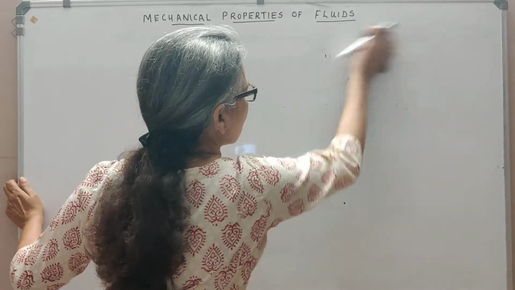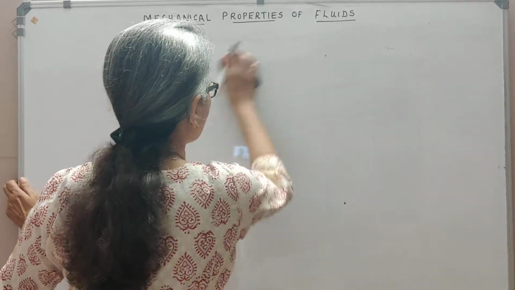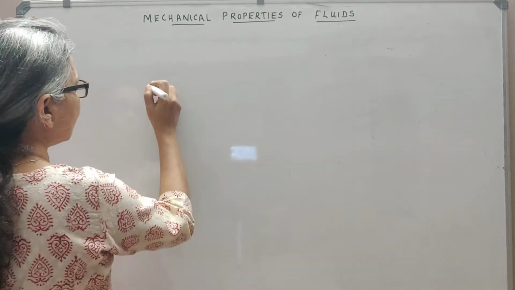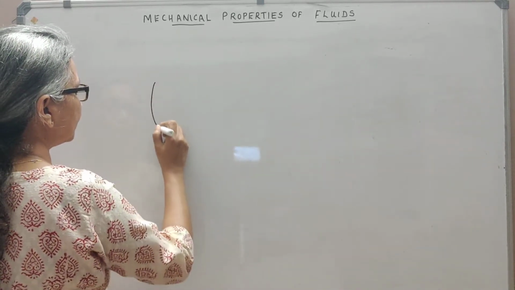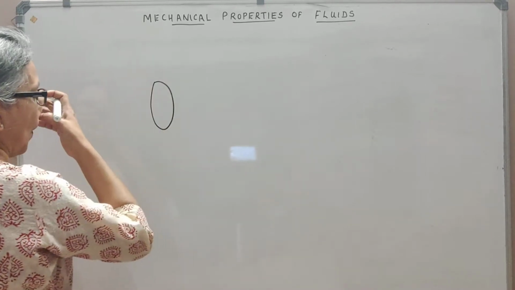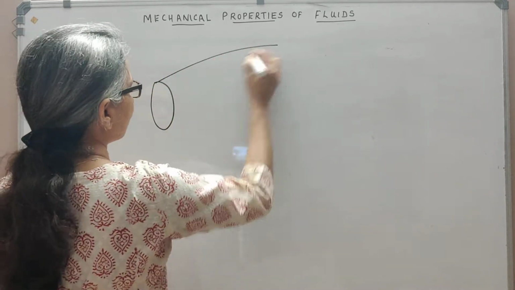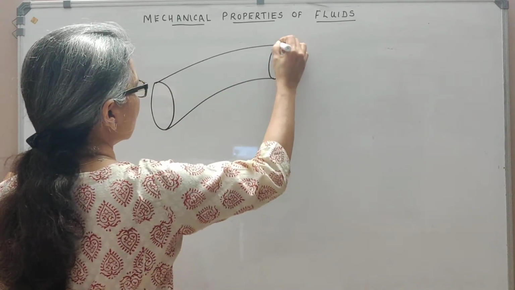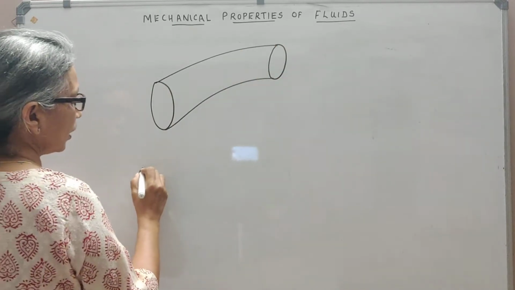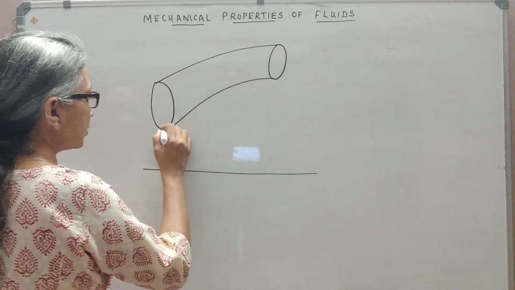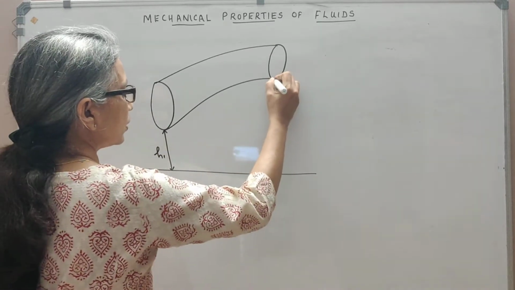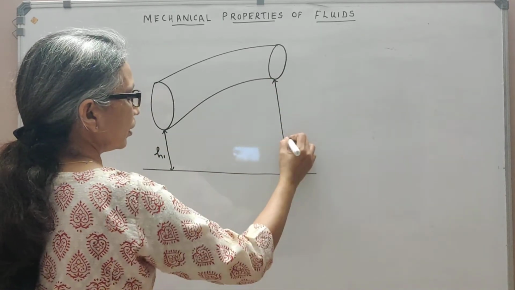Here also we consider a pipe of non-uniform area of cross section. So we have a pipe here of non-uniform area of cross section. And here this is at a height h1, this is at a height h2,